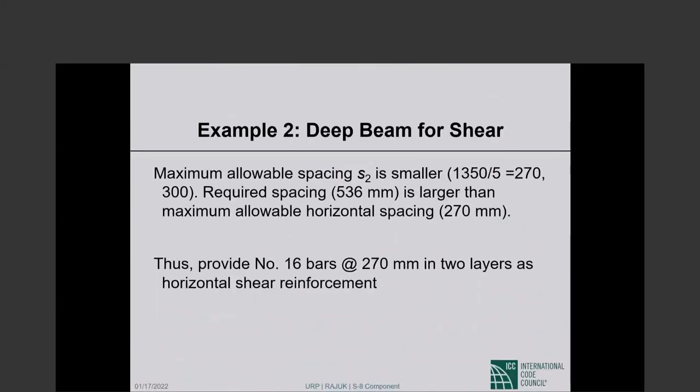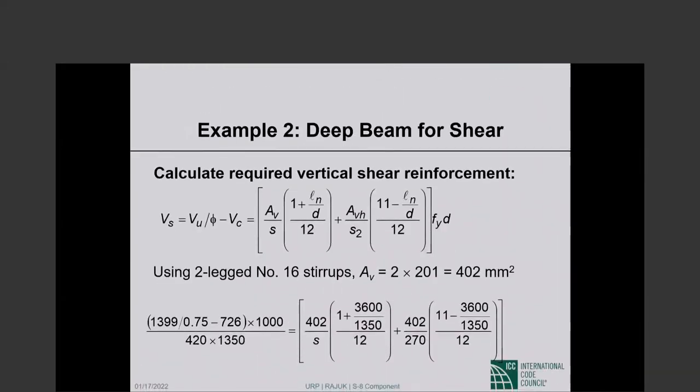That is too much. The maximum allowable spacing is 1/5 of D, which is 270, or 300 millimeters. So it is actually 270 that governs. So as far as horizontal reinforcement goes, we will provide two number 16 at 270 millimeters, okay? Two number 16 at 270 millimeters. That is horizontal shear reinforcement. V sub S will be V sub U by phi minus V sub C, and that is given by,